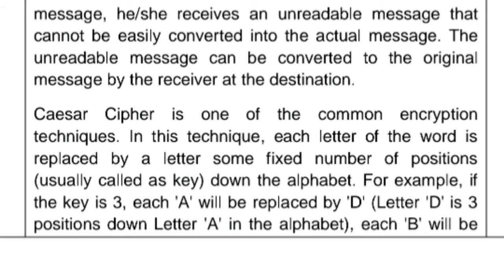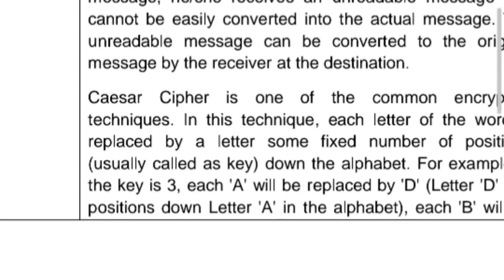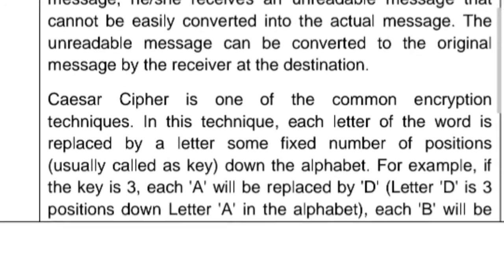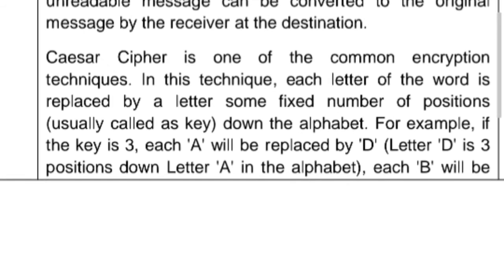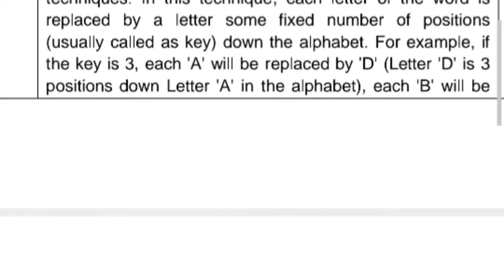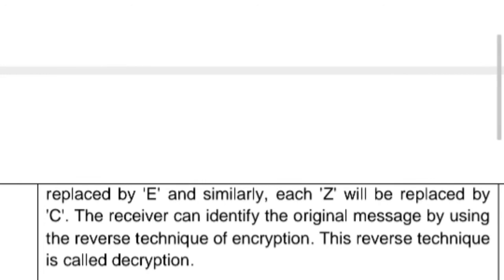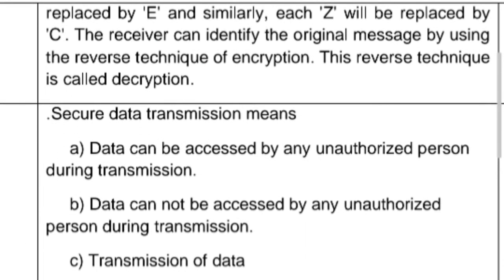So, leaving a gap of 3 alphabets here, the replacement of the alphabets would be done because the key is 3 here. So, based on the key which is provided, the alteration of the message is done and the message is encrypted from the readable to non-readable form. Based on this paragraph, they have given some questions here. When you are decoding the message or using the key to get the actual information, this process is called decryption.